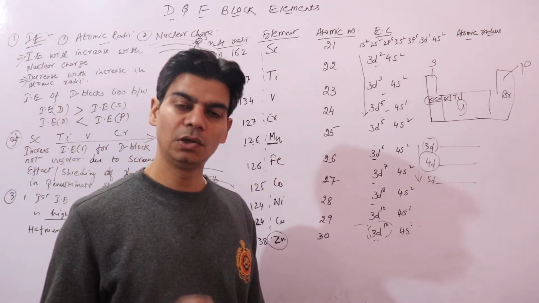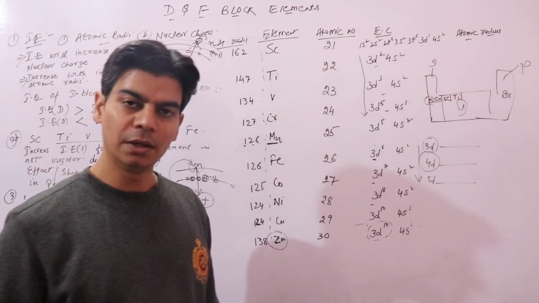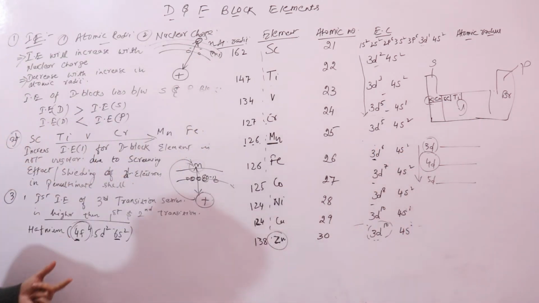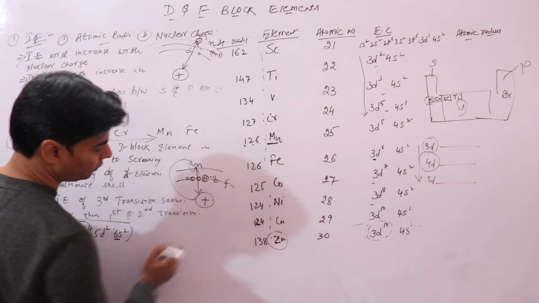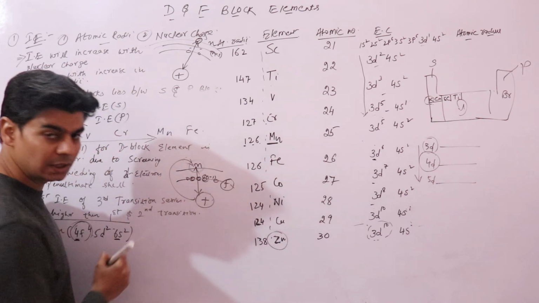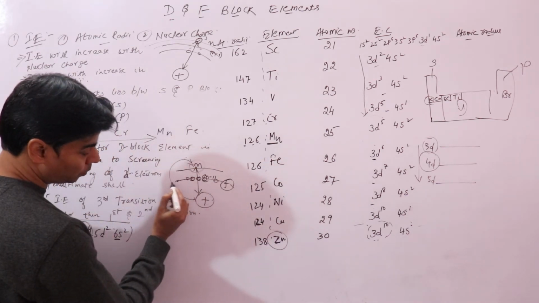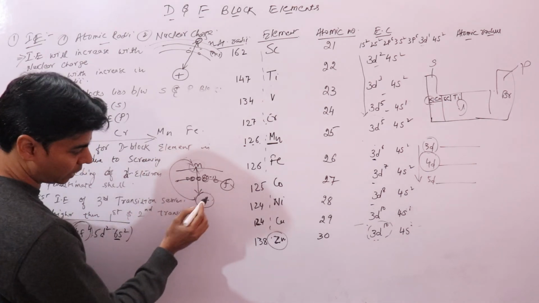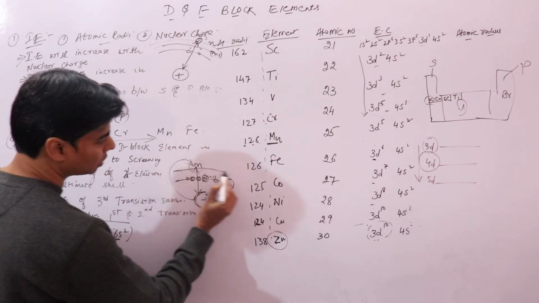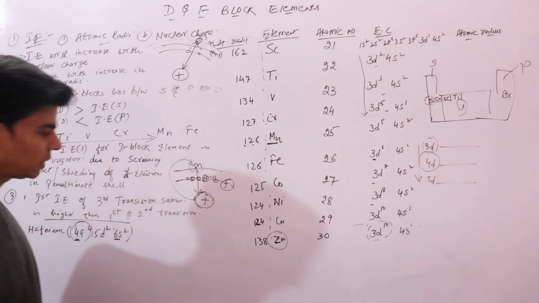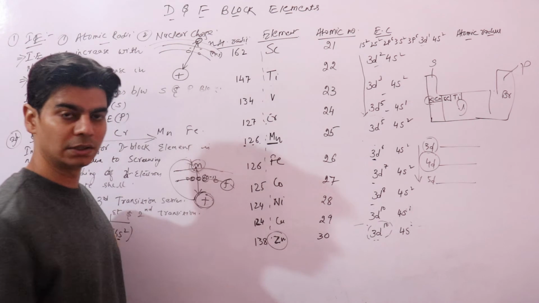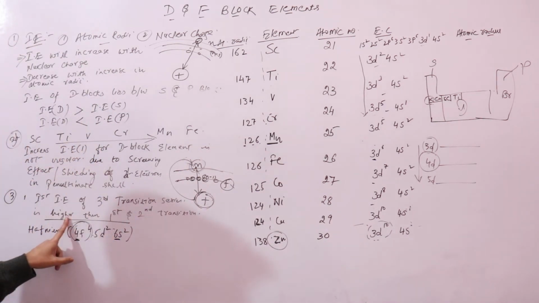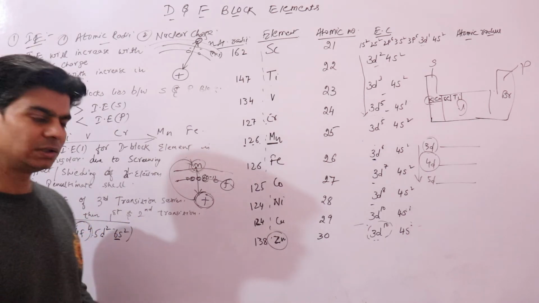Poor shielding effect means there is more force of attraction between the nucleus and the outermost electron. When there is more force of attraction, you have to give more energy. When you are giving more energy, that means your ionization energy is higher than the first and second transition series,